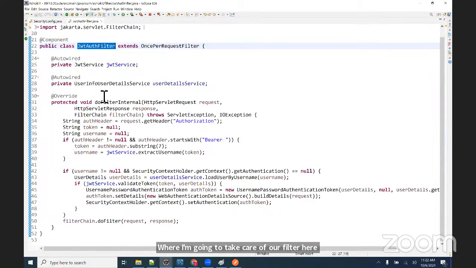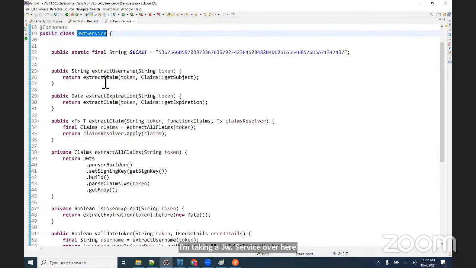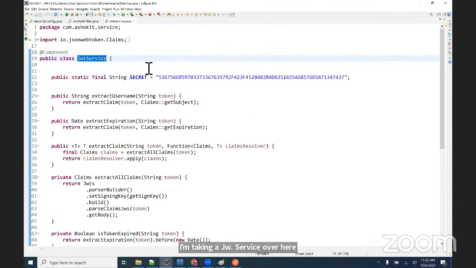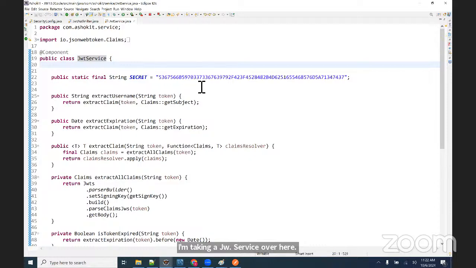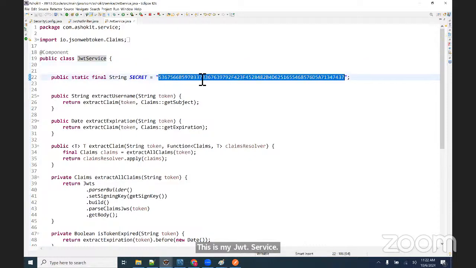This is where our token will be validated, and this is how the token will be validated here. I'm taking a JWT service over here. This is my JWT service. This is a secret, guys. What is the meaning of secret here? If I want to create a token,